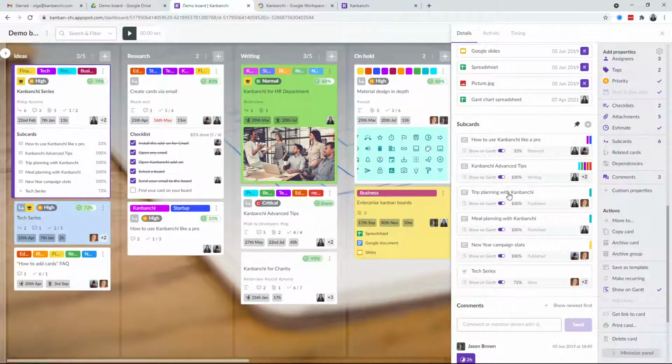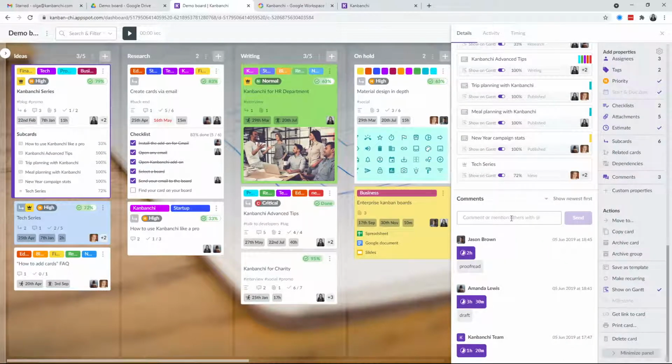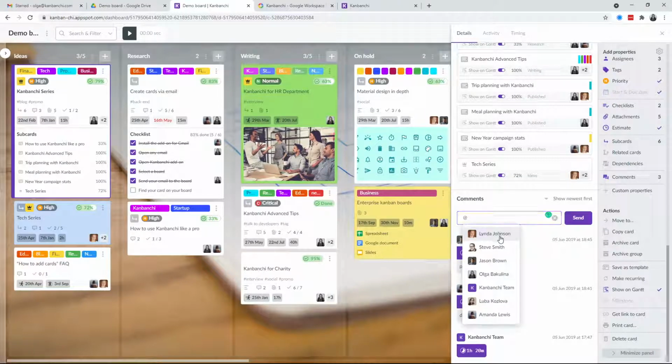Let's go further. Comments. Here is where all communications about tasks happen. So you may add comments to your colleagues about this task, explaining how to do this, or share your thoughts and so on. You may mention your colleagues in comments. For example, let me mention Linda and, I don't know, Kat,